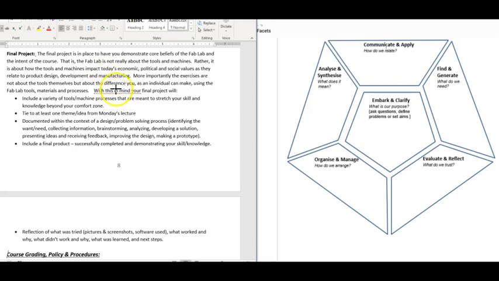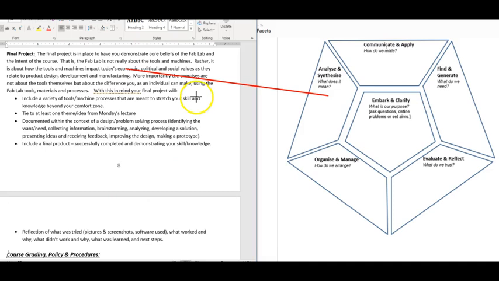So as I look at this, what I'm asking them to do is to really analyze and synthesize, and I'm asking them, what does it all mean? However, if I go down to the bullet points, I can see that